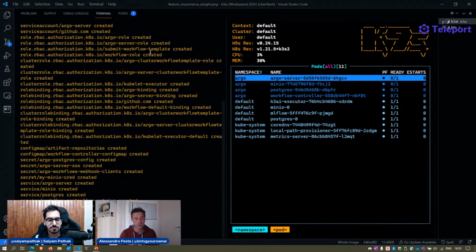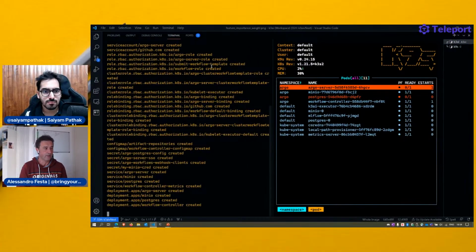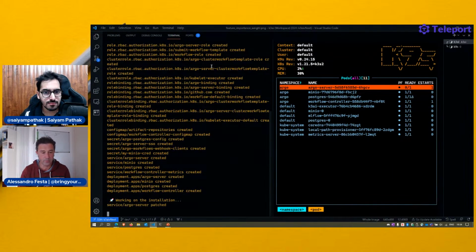And once it's finished, again, it will expose a node port and tell me, okay, here is your Argo server. Maybe sometimes we'll find an error or whatever, I don't know. We will see in a second. That's all you care about. And then I have Argo workflows on my machine with MLflow, and I can keep learning and keep using them. It's just a matter of understanding what to do. There you go, server patched, service is there. Let's see what will finish there.